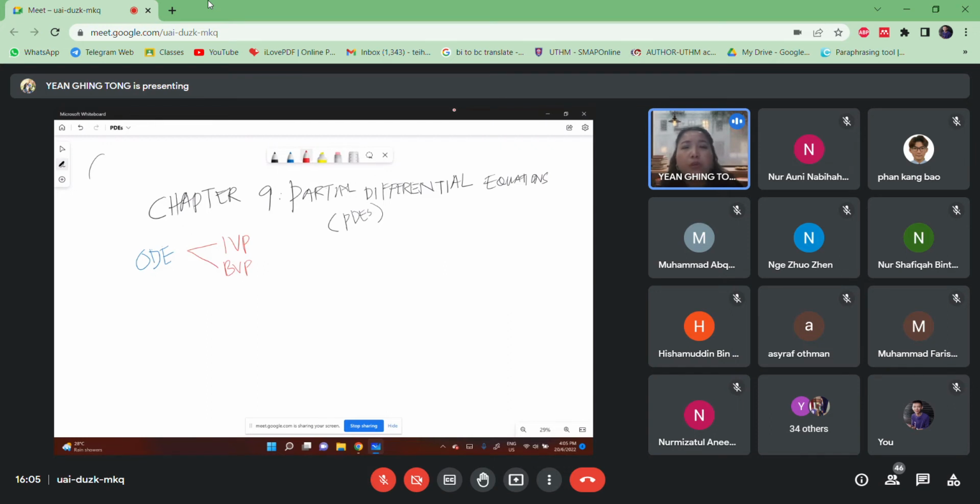And normally we have a function like this, dy/dx, differentiation of y with respect to x. And we can write in this form as well. Okay, where in ODE last time, and this is the